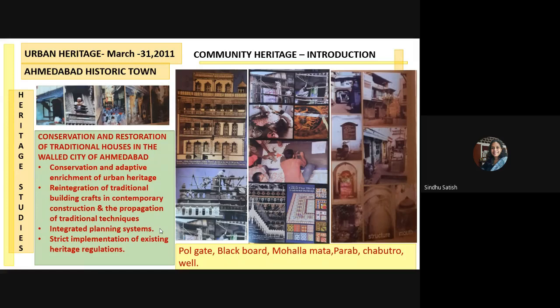property other than the houses were the pole gate, and they had this blackboard where they would write, which was located in the chowk, the pole gate, where they would carry announcements of the dates for festivals, weddings, or any other information which is community related, where inhabitants of the pole use that blackboard as an announcement board. So that was an important heritage thing that they had to conserve.